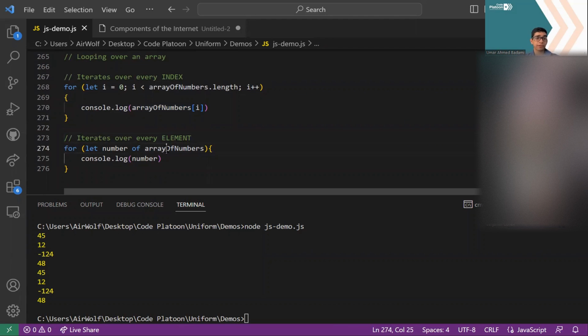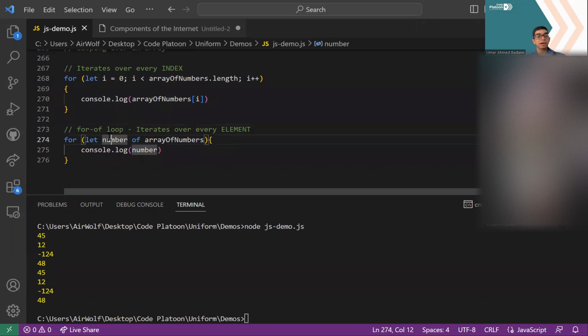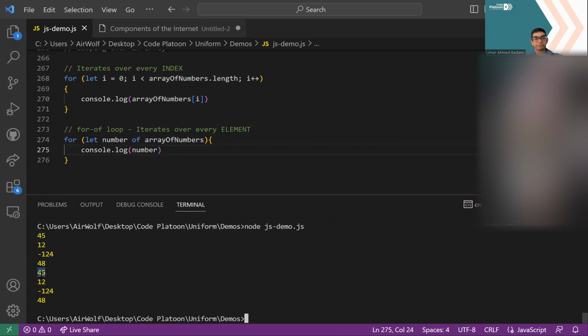However, the second approach, this for of loop, explicitly goes through every element of this array. So it starts off at 45, and then it goes to the next element of 12, goes to the next one of -124, goes to the next one of 48. So that's the main difference